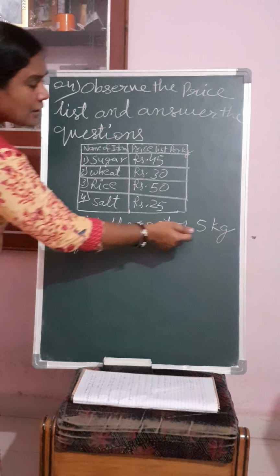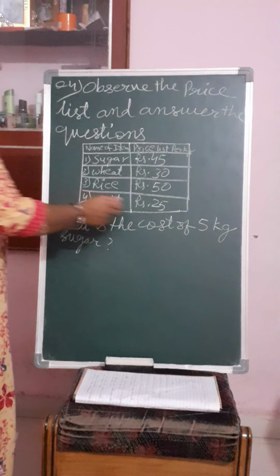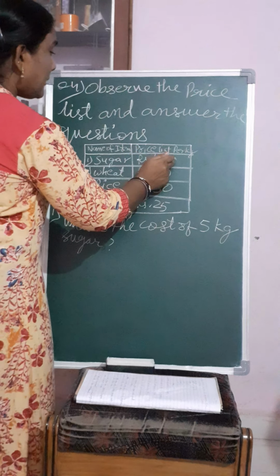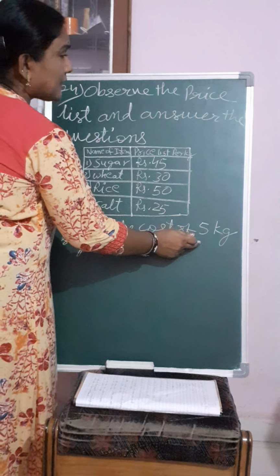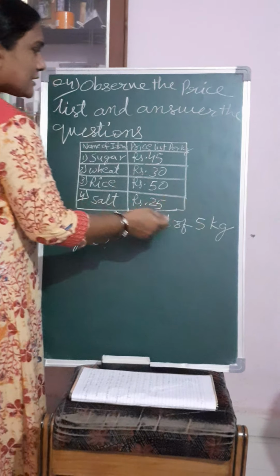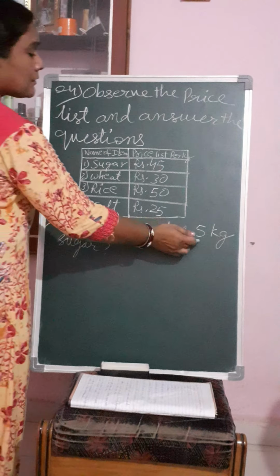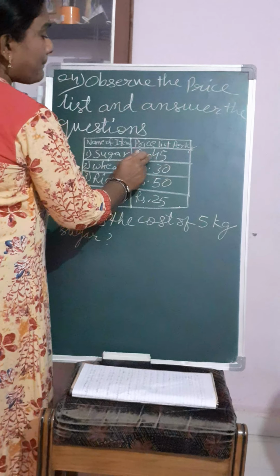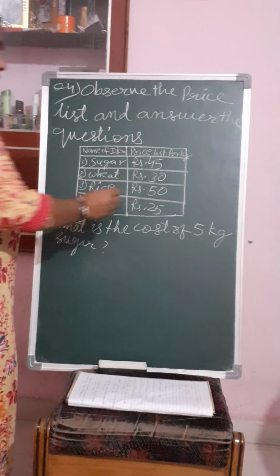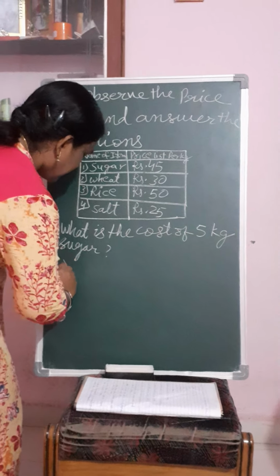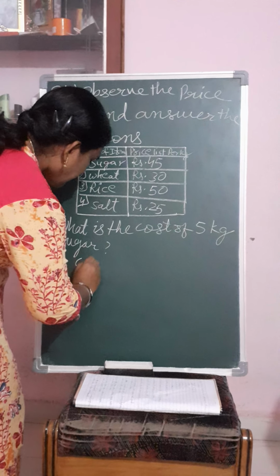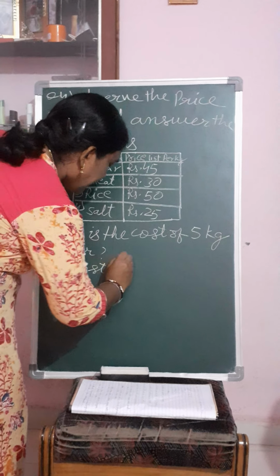We have to find out 5 kg sugar. So in this case, whenever 1 kg cost is given and more is asked, 5 kg being more than 1 kg, here we will multiply this number of kg with the per kg price. Now how will we solve this? So cost of 1 kg sugar,